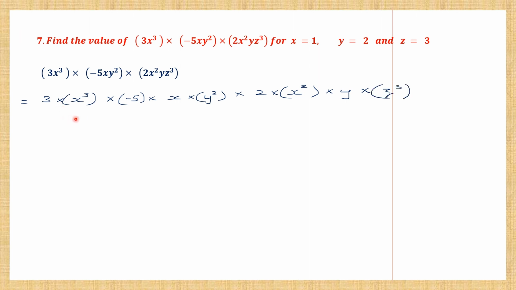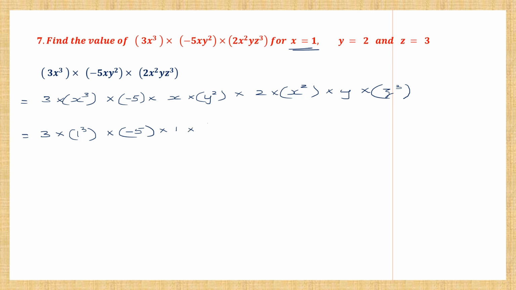So now what we're going to do is substitute x, y and z with the values given to us here. So let's do that. So this will be 3 into x to the power of 3, and x here is 1. So that is 1 to the power of 3, into minus 5 into x here again, and x is 1,